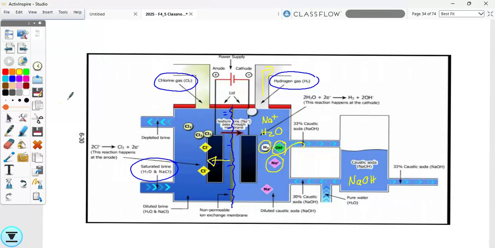So this membrane cell is now the only one that you need to know, and basically the only thing that's important